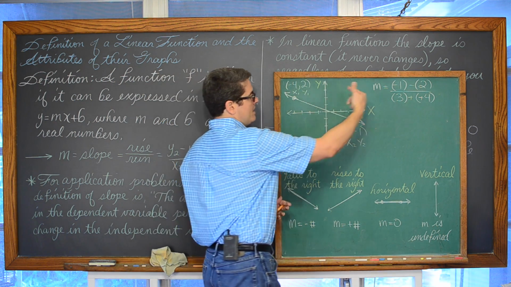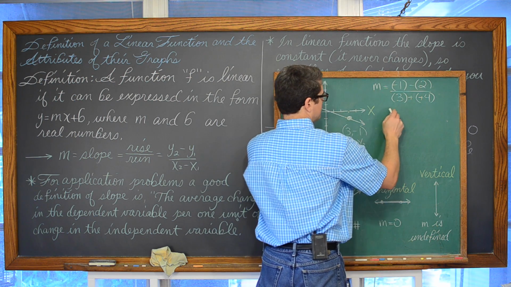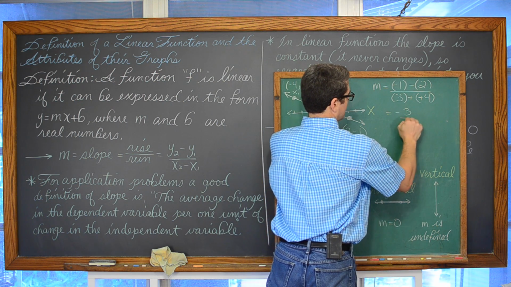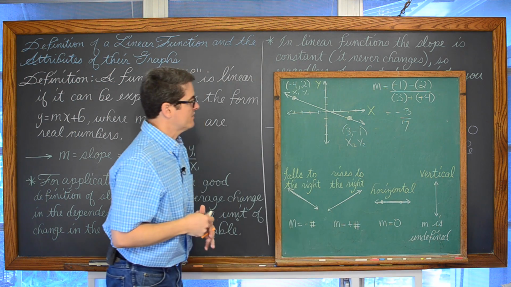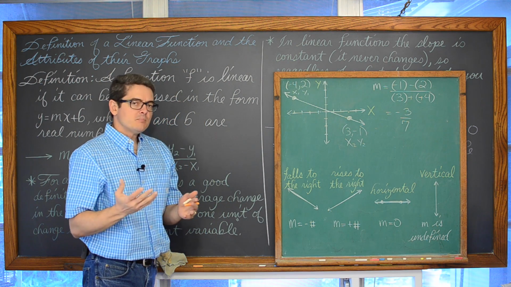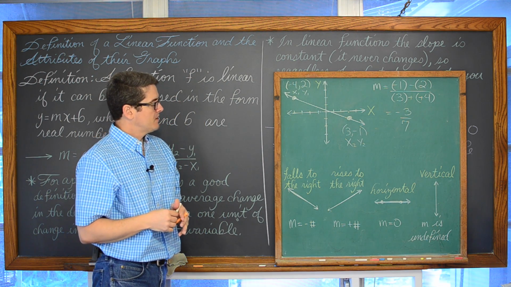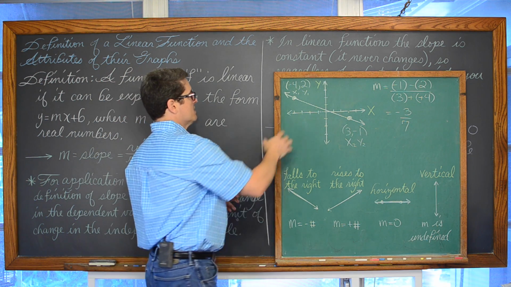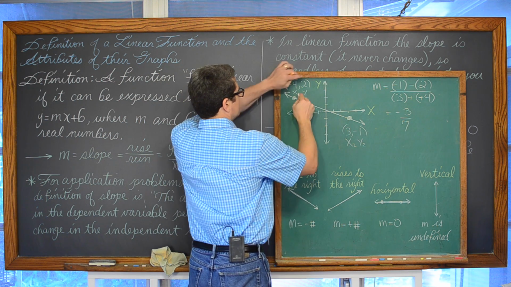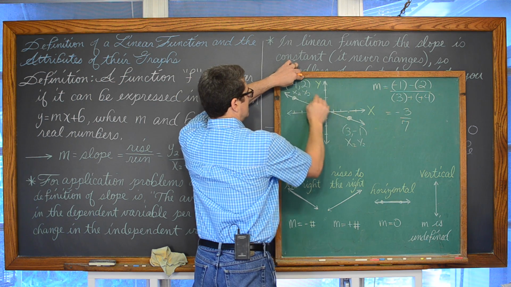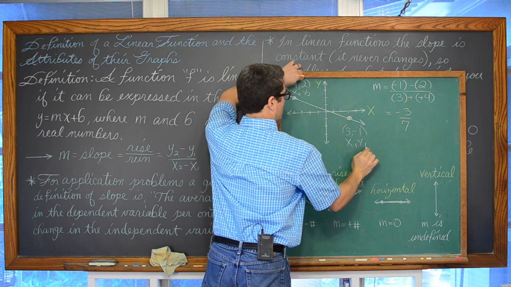And we get negative 1 minus 2, which is negative 3, over 7. So we have a slope of negative 3/7. Now, I'm telling you that it doesn't matter how you label these points. What if we called that point 2 and called this point 1?